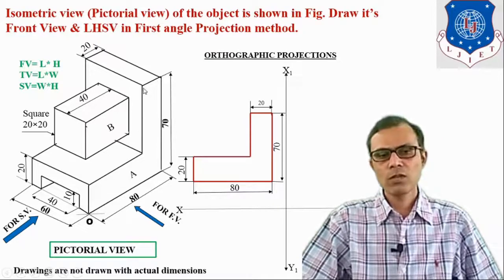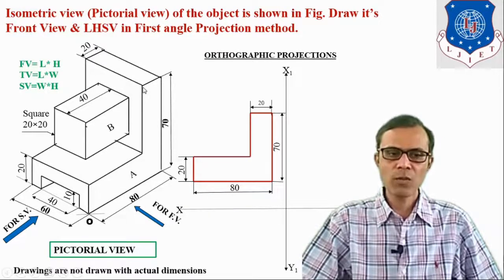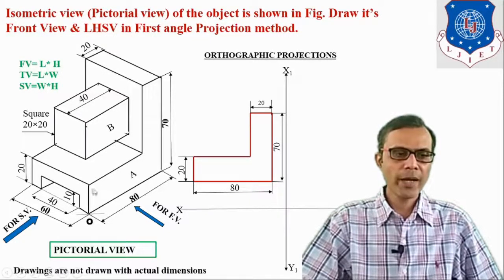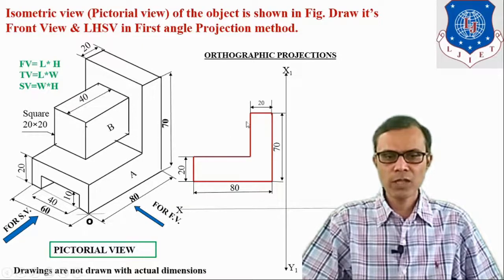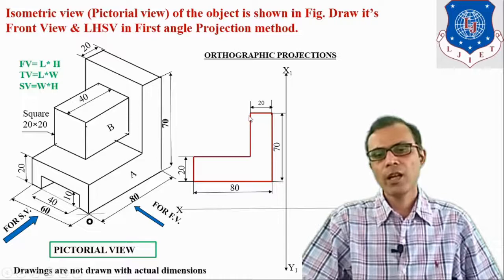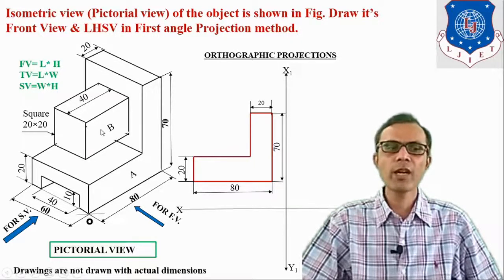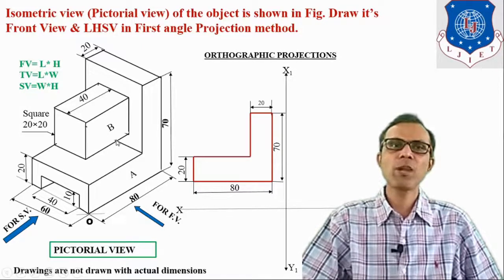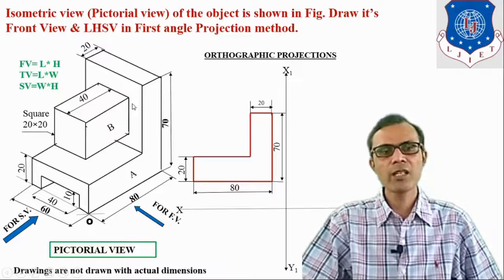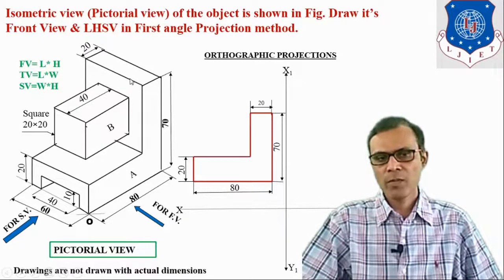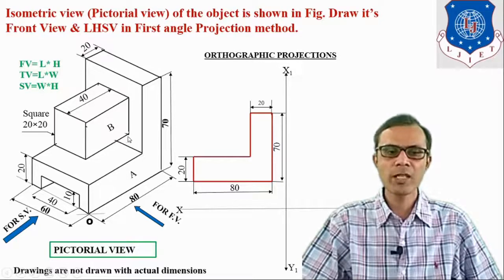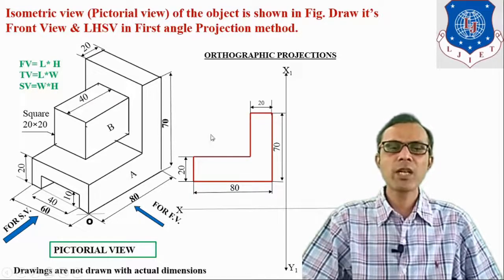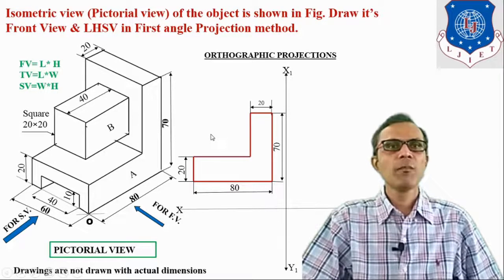Now the total height from this point to this point, from top to bottom, is 70. 70 minus this 20 is 50. So this height is 50 mm. Considering this 50 mm, we have to locate this block at the center, and this dimension is 20. So 50 minus 20 is 30. It means that from the top side we have to leave 15 mm, and from the bottom side of this block also we have to leave 15 mm. In this way we can find out the missing dimensions.